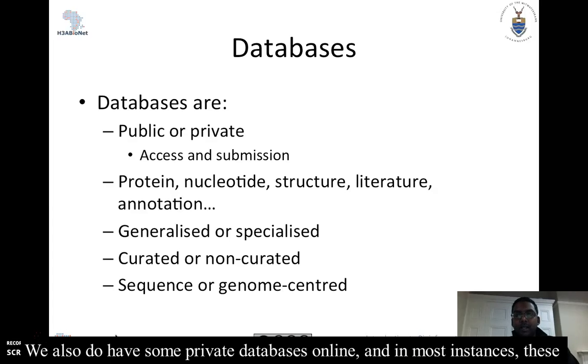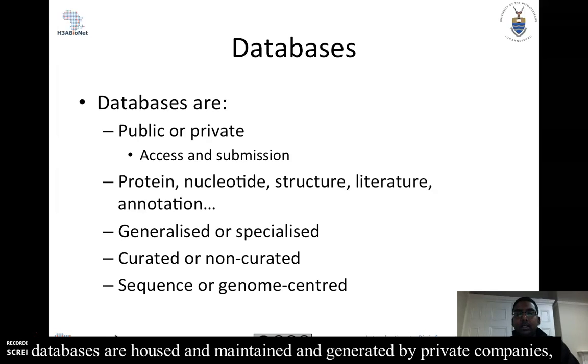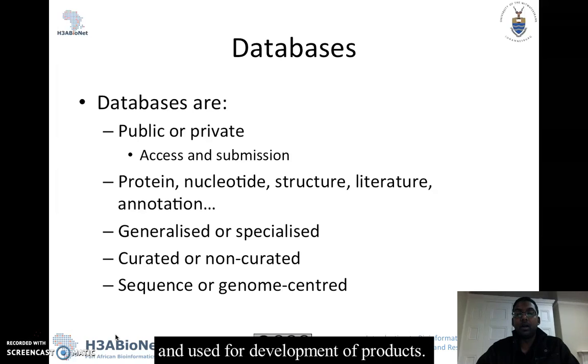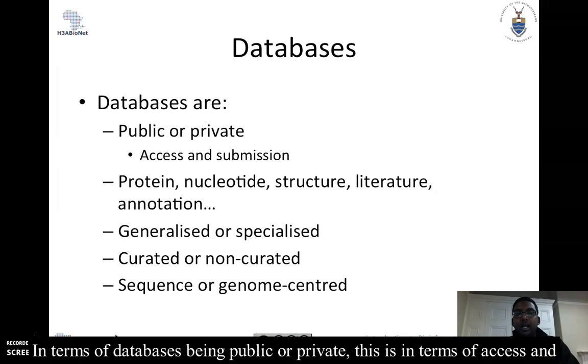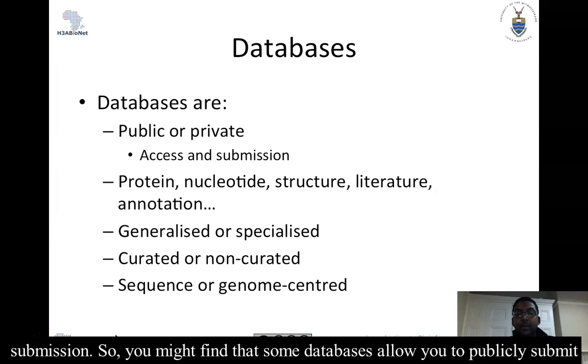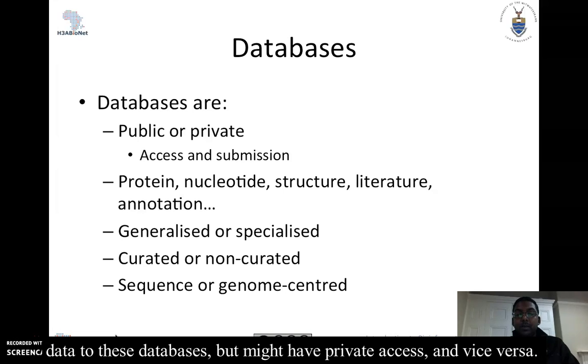We also do have some private databases online, and in most instances, these databases are housed, maintained and generated by private companies and used for development of products. In terms of databases being public or private, this is in terms of access and submission. So you might find that some databases allow you to publicly submit data, but might have private